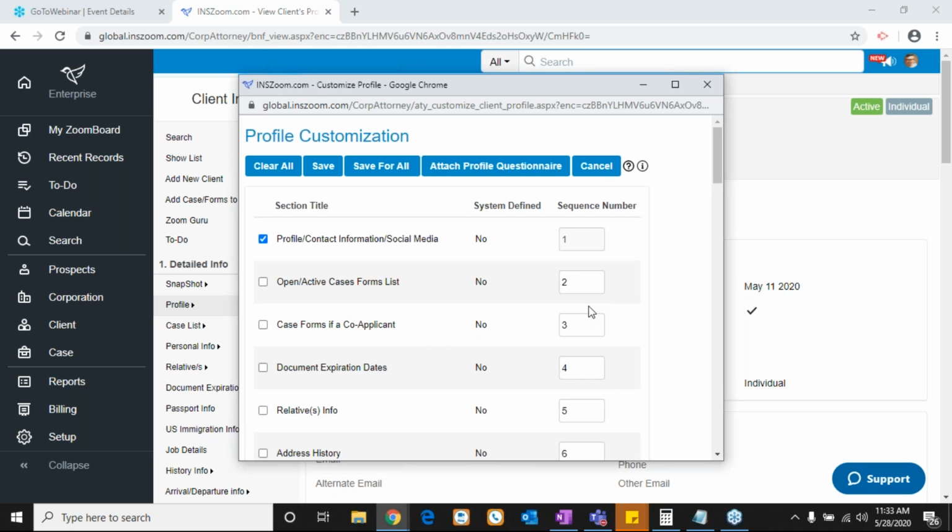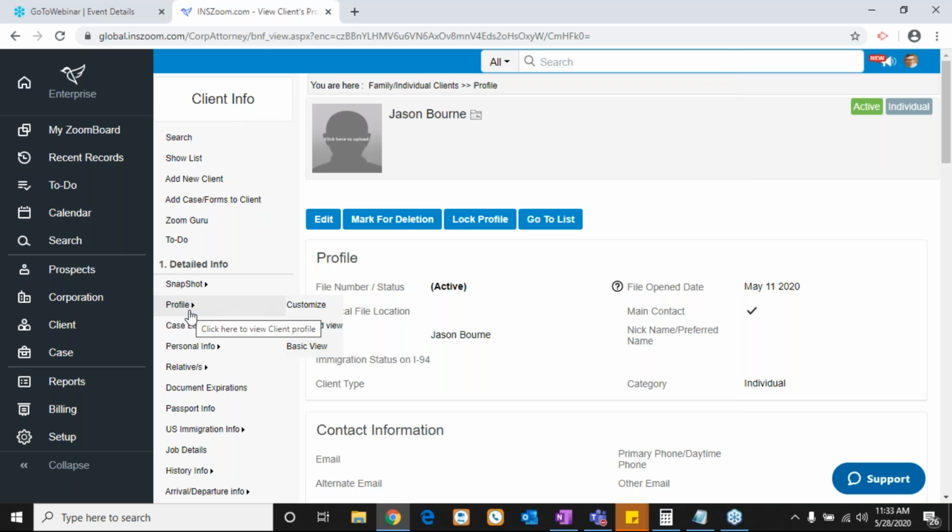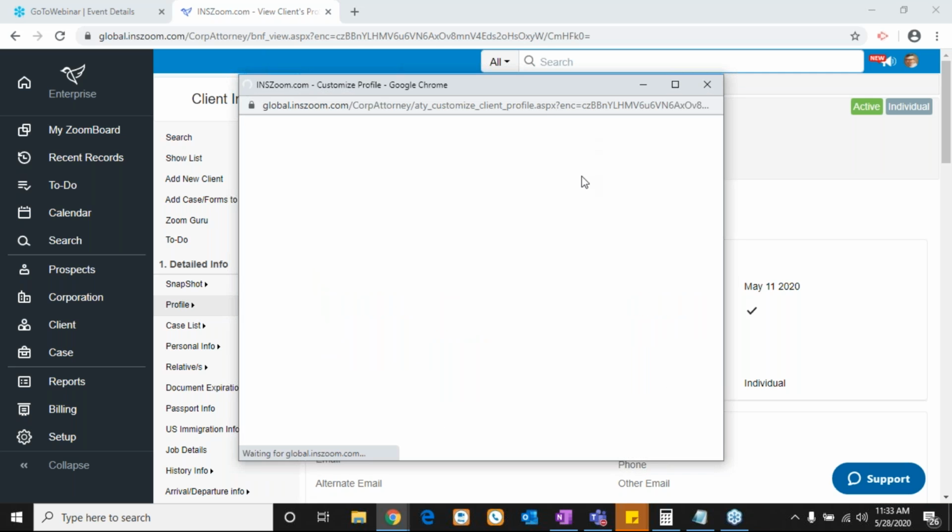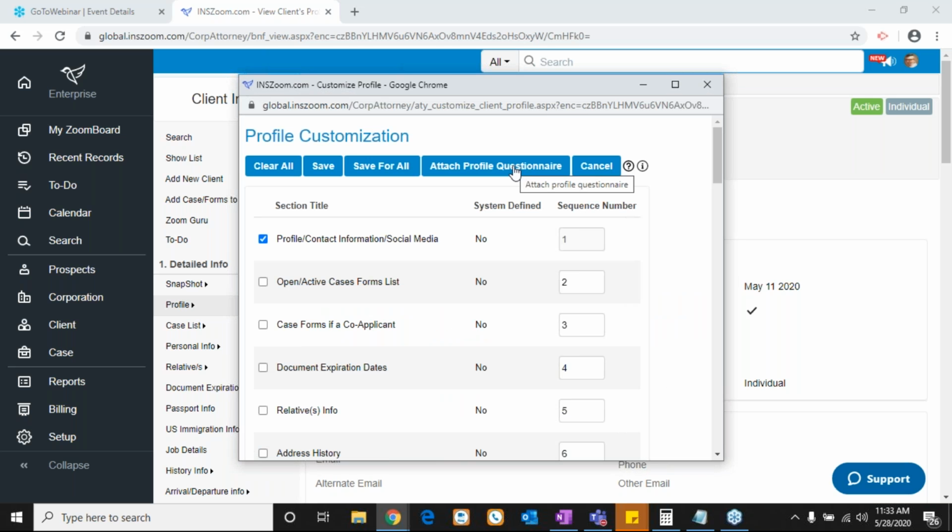But what if you don't like it that way? What if you just want to have 15 questions show up and that's what you want your team to update and make sure they're up to date, because that's the key important. So if you look over here, what I did was onto the left, there's profile. I clicked on customize and you'll see an option on top where it says attach profile questionnaire. So there you go. So you can create a questionnaire and attach it to the profile of a foreign national,